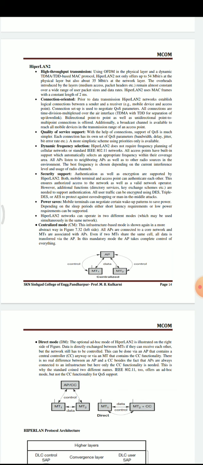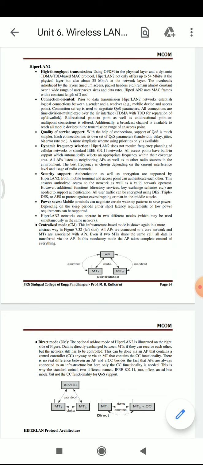The HyperLAN 2 offers 54 Mbits per second at the physical layer, and it provides a 35 Mbits per second data transfer rate at the network layer.